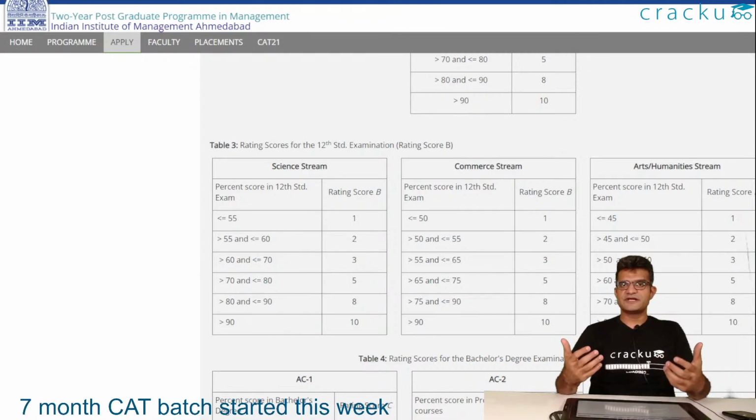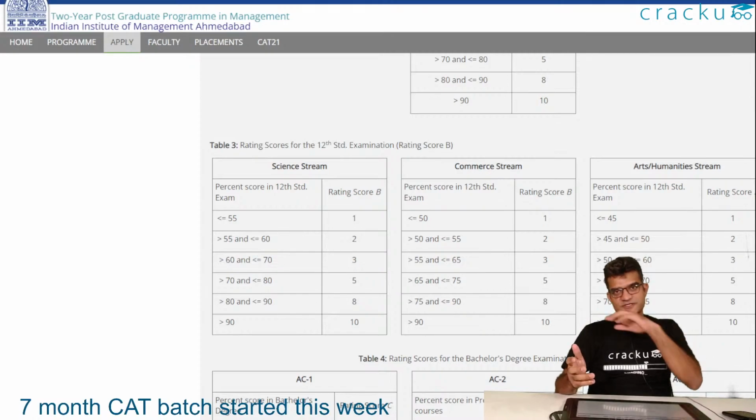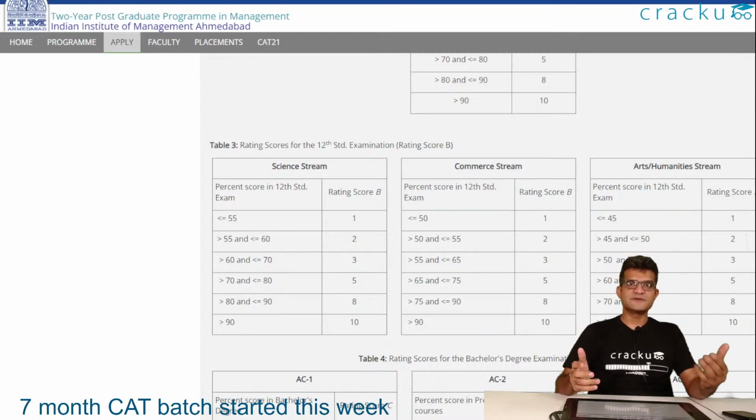Now, this would imply that an engineer, if they want a shortlist based on this top 50 criteria, they have to score very, very well. They have to score something like 99.97 plus percentile. Now, that is very difficult. I'm not saying that is easy, but still that is a chance that is there for you. And like I said earlier, I personally know students who used to work at Cracku. We used to have content managers. We still have content managers. So we hire people who are smart guys who are preparing for CAT, and we use their help to build